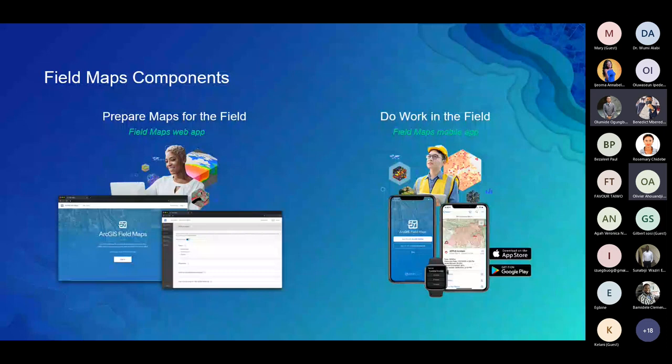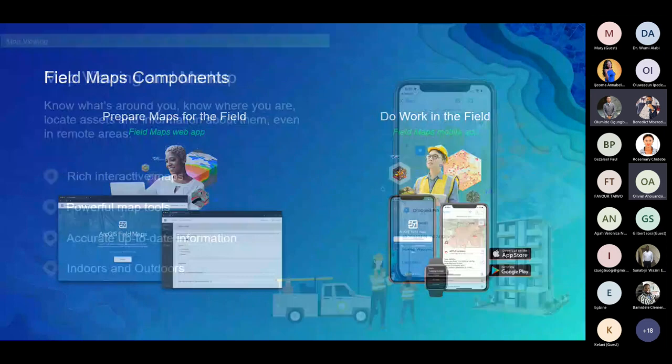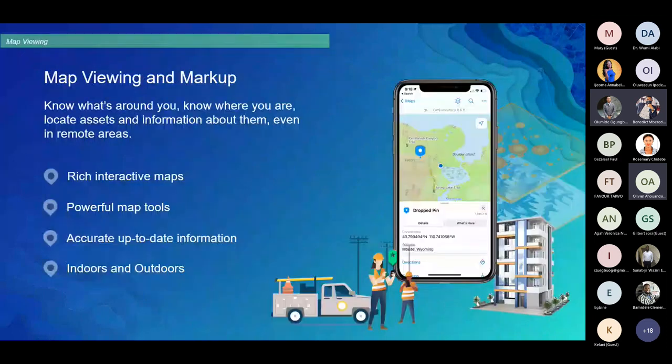So, like we said, the use of the ArcGIS Field Maps, one for map viewing and markup, you could actually use it to view different types of data sets. You don't necessarily need to collect data sets, right? You want to see existing data sets around your environment. So the application allows you to create dropped pins, and it's also interactive. You could actually navigate to points of interest that have been on a point of interest data set,